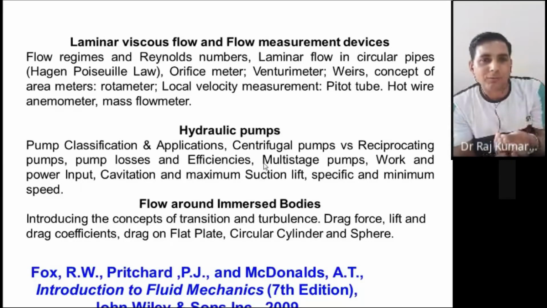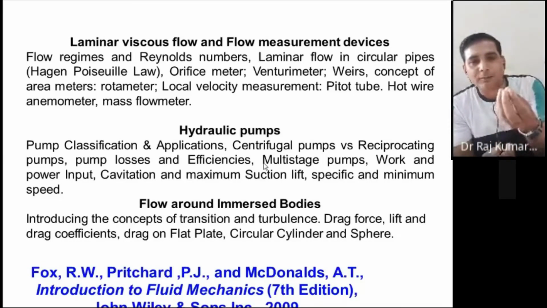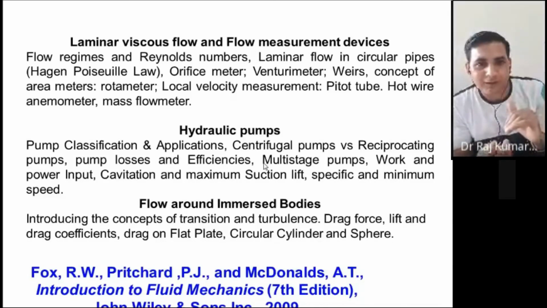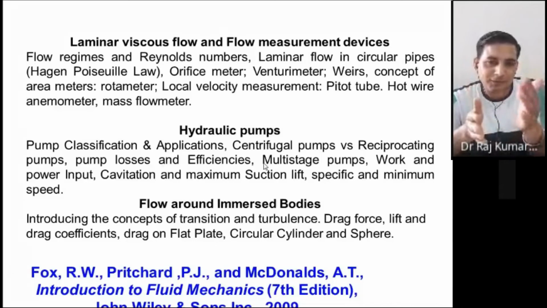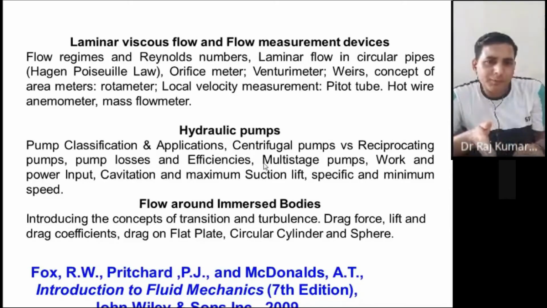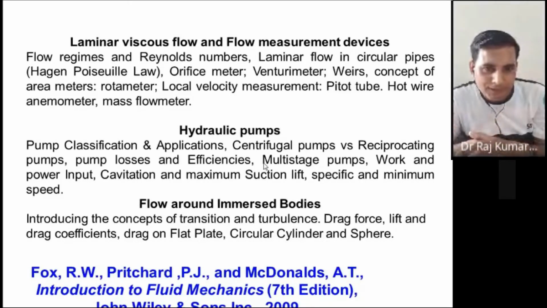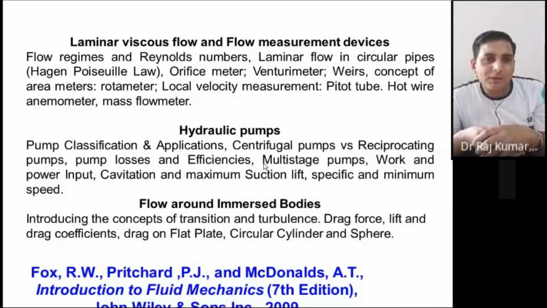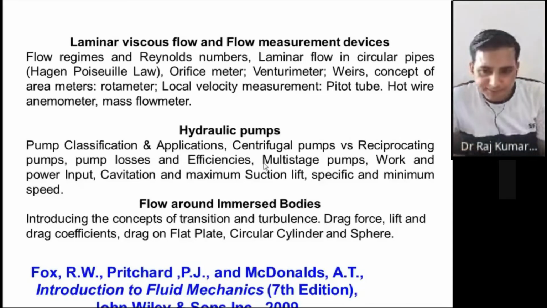The more the blow of air, the ball height would increase. You can control it at a particular height by blowing air. Same thing here in the case of fluid. You can control the float position by putting in more and more velocity. More and more velocity means more flow rate. So that's called the area meter, because in that the cross section keeps on changing.